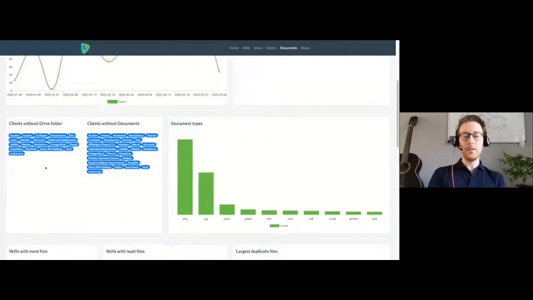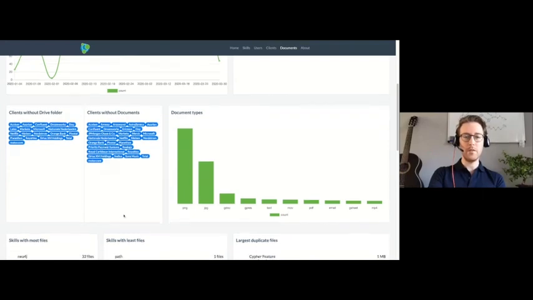It also gives you insight into where you are lacking knowledge for a specific customer with this table here. You can see clients that don't have a Google Drive folder, or clients that have a Drive folder but without any documents, which is really helpful to know which customers you don't have more insights on.